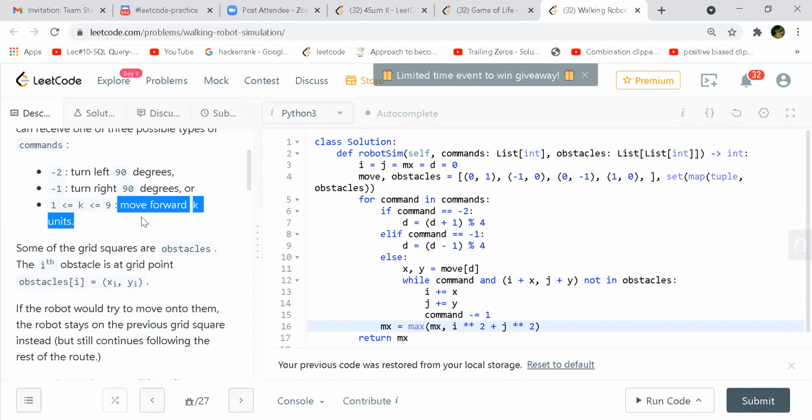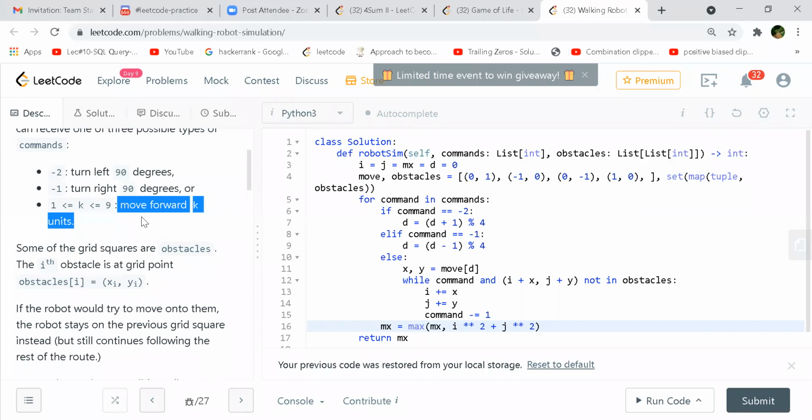And I have one question. When we are hitting an obstacle, we stay at the same position, right? For example, at i plus x and j plus y there is an obstacle, but we can still traverse to the previous point. So do we have to explore that or stay at the same position? Because in this question, they have said that it will stay at the previous position. Yeah, it won't move.